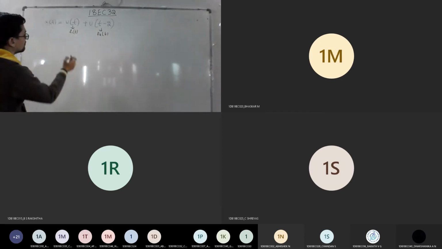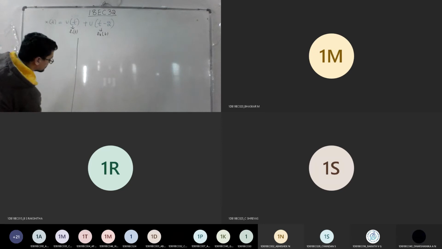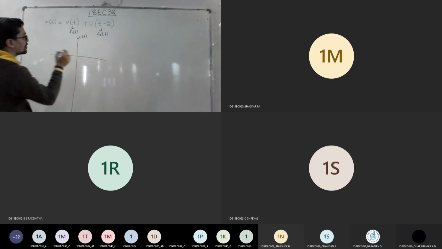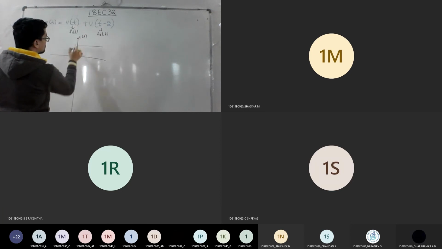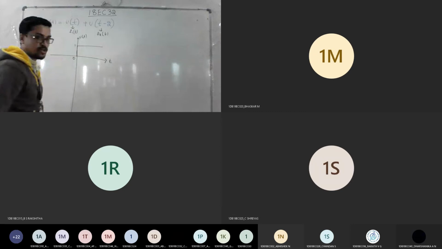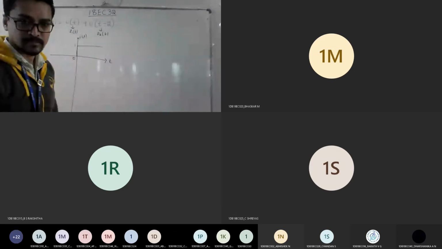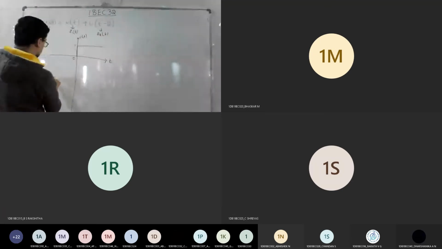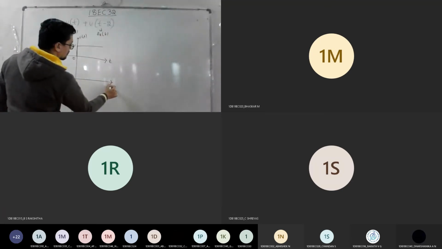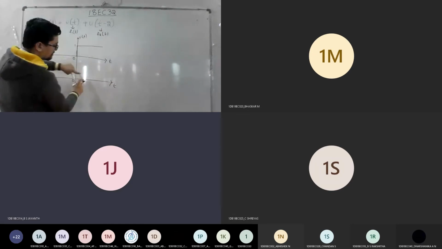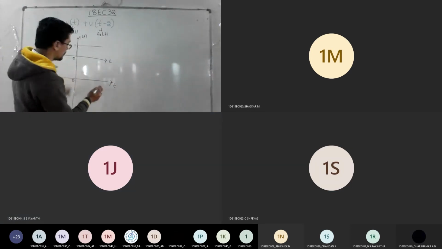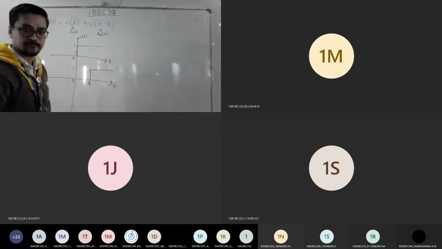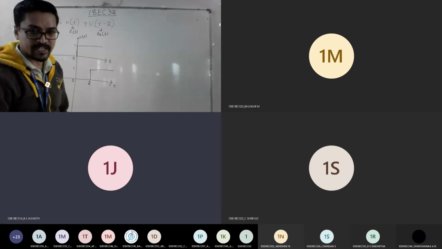I hope everyone knows how to plot u of t. I told you to make the graph in such a way that everything is in one slot. Everyone knows u of t is like this. Is it your u of t? Fine. So how will you plot u of t minus 2 now? Sir, we shift towards the right hand side. Good. 0 to 1 is the first shift and 1 to 2 is the second shift. So it starts from 2 and goes to infinity. Amplitude is 1. Agree?